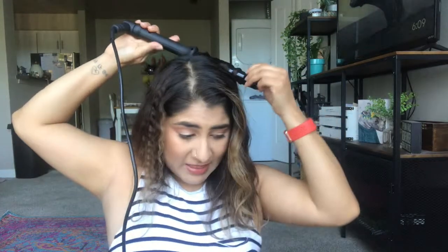If you're gonna try this technique, sleep in it, or give it more time to dry, because clearly I didn't give my hair enough time to dry and it didn't work out. I think what I'm going to do is try it again,